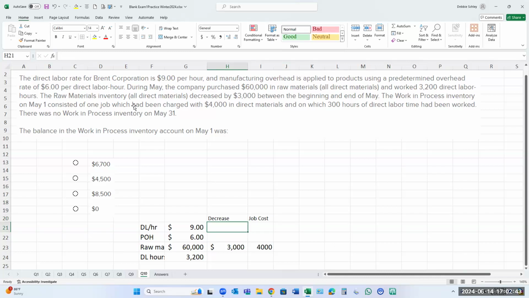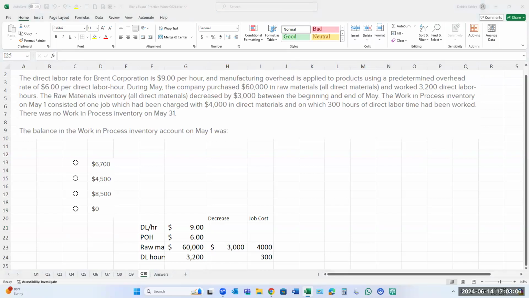Work in process inventory, $1,000 in direct materials, on which 300 hours of direct labor time had been worked. There was no work in process inventory on May 31st. The balance in work in process inventory on account on May 1st was,